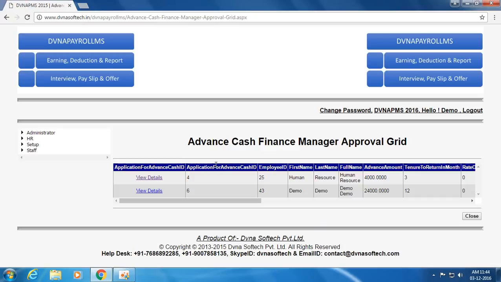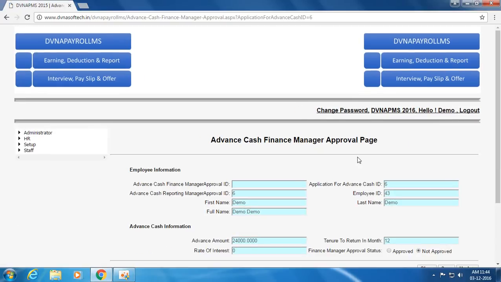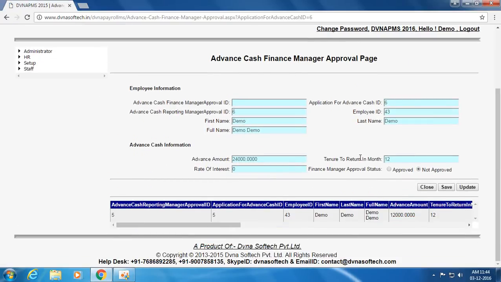This panel is the advanced cash finance manager approval. The finance manager looks at the entire financial state of the company. Here this panel will show him the request, and now he will click view details, and then it will open this form.